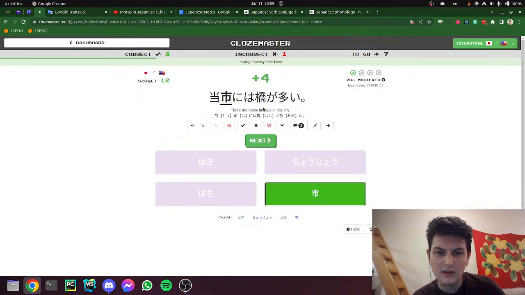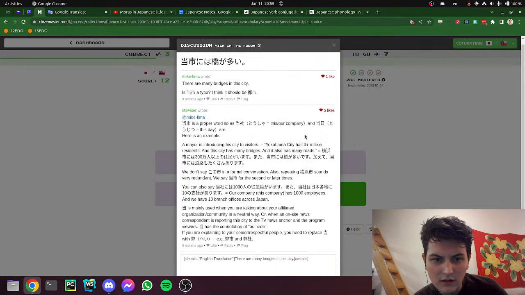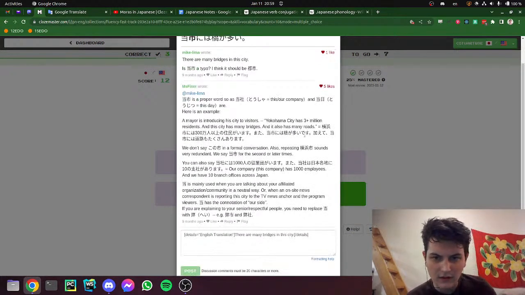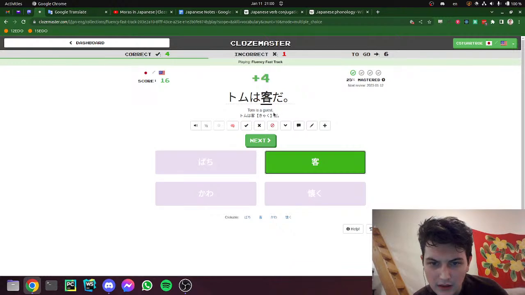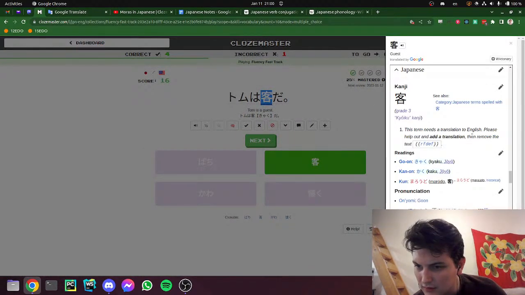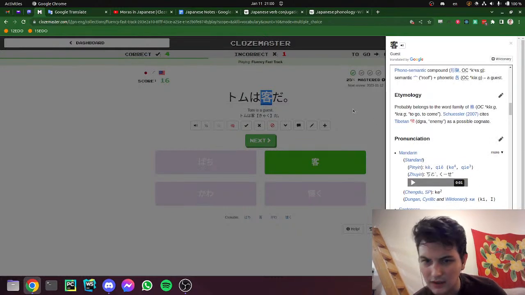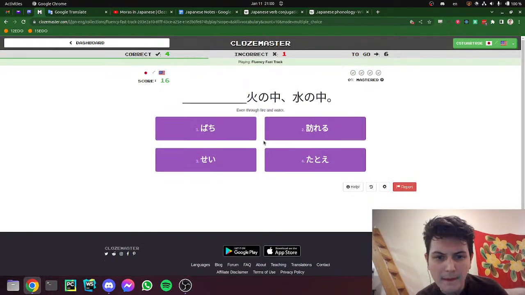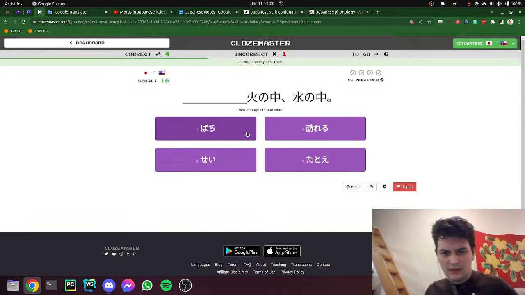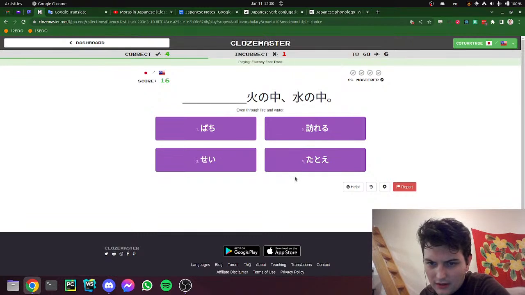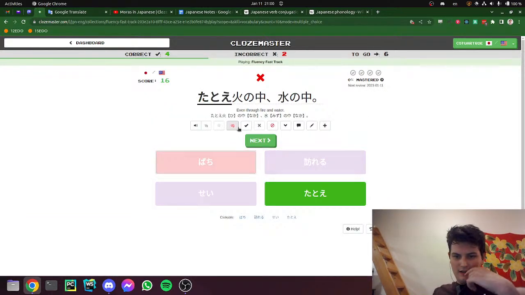都市には橋が多い。トムは客だ。Let's say バチ, I don't know why. たとえ火の中、水の中。